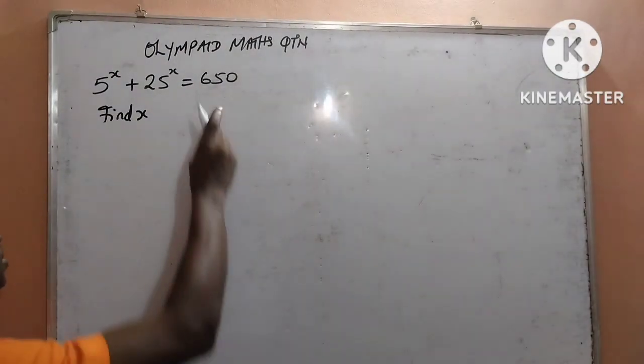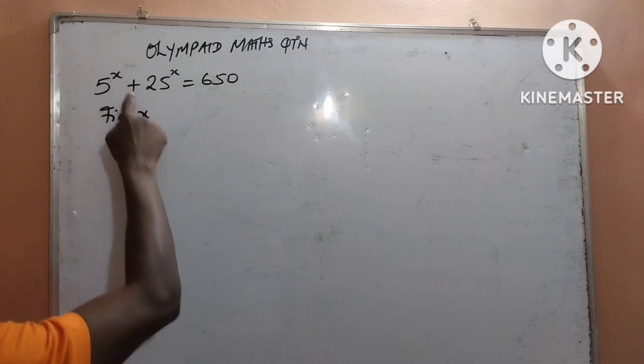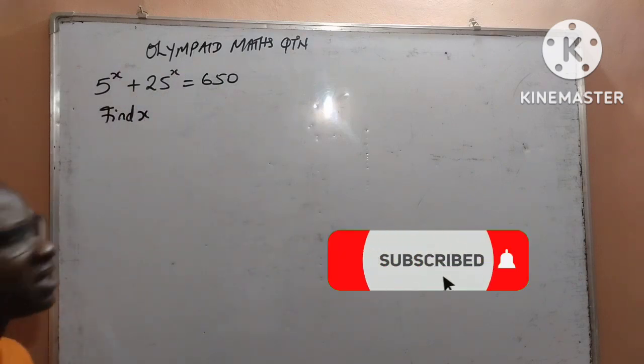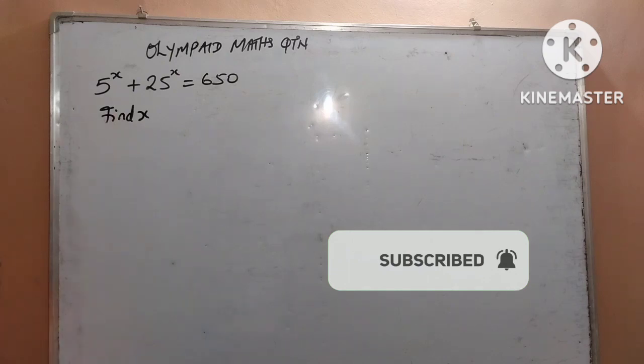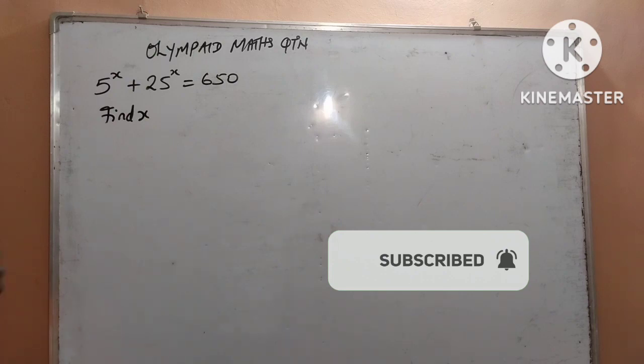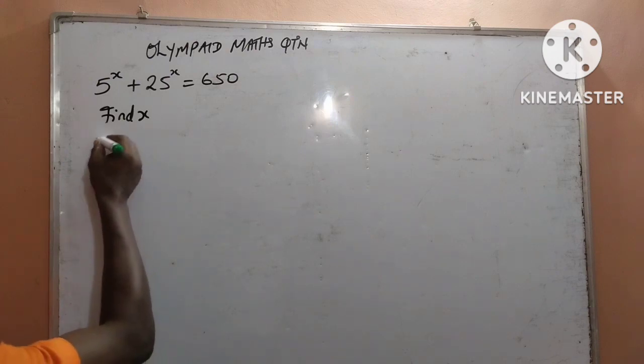In today's math class, we shall be taking an Olympiad Mathematics question. In the question, 5 to the power x plus 25 to the power x equals 650. We are expected to find the value of x. Let's dive in. It is going to be a very brief video. Watch till the end. By solution,